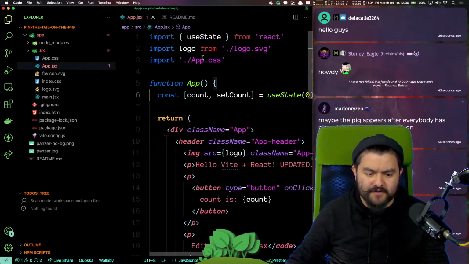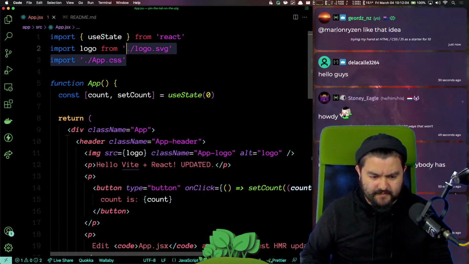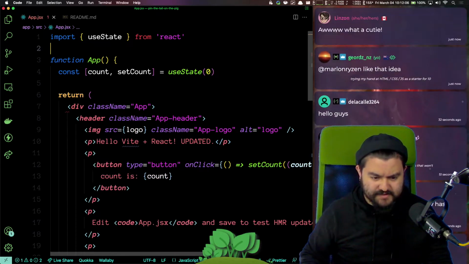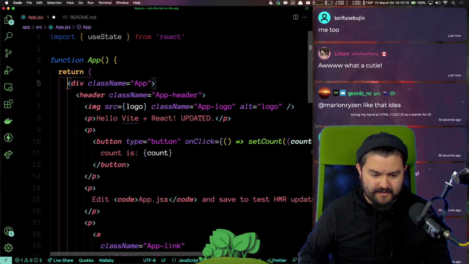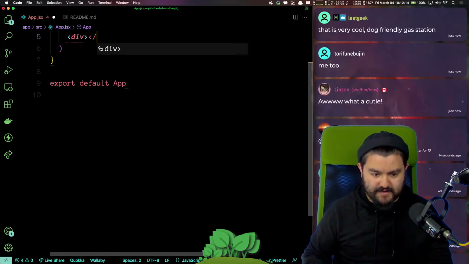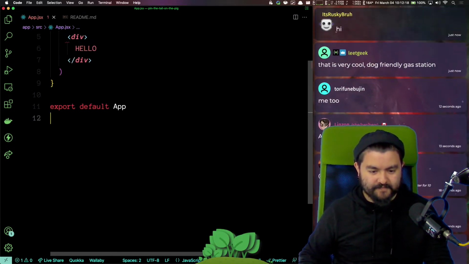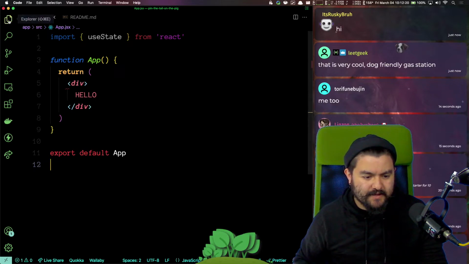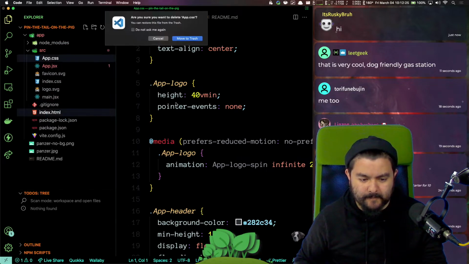Okay, here we go. So chat voted. We're using React. Let's get this thing set up and remove all the extra stuff. So we're going to remove that. Remove that. We will have a div, but it's just going to be like that. Hello. And we'll remove the CSS.